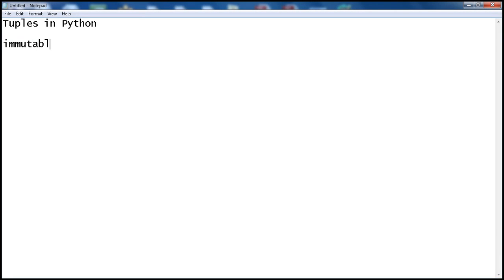What is meant by immutable? Immutable means they cannot be changed. If you take an array, the elements can be changed, or a list in Java, the elements can be changed. But here, the elements in a tuple cannot be changed. They are immutable. So there's a major difference between